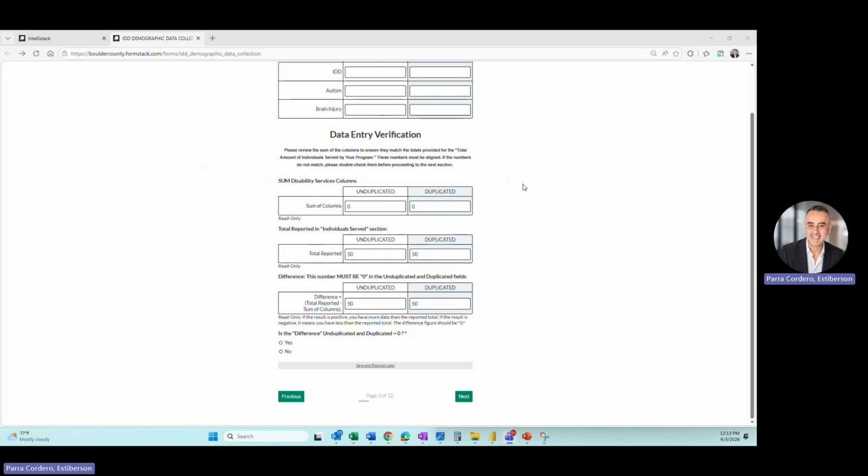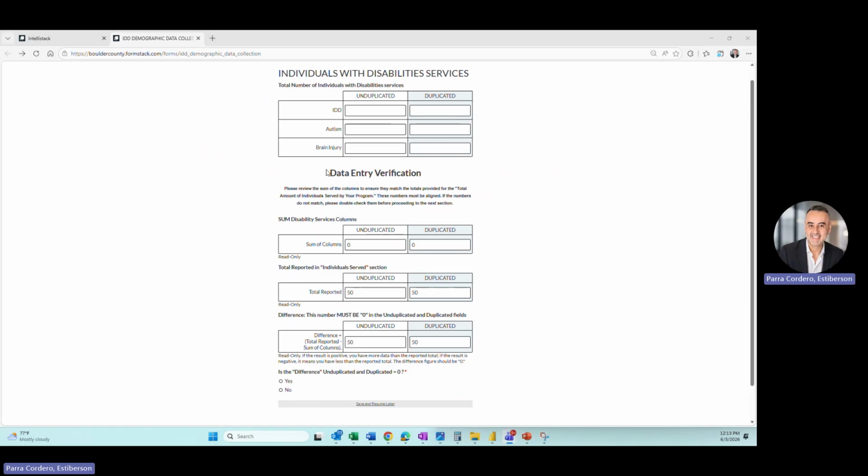Throughout the form, you will see a section called Data Entry Verification. This feature helps ensure your totals are accurate. The verification section compares the following: the totals you entered earlier, the totals entered in the current category, and the difference between those values. Your goal is for every difference field to equal 0. A 0 means your